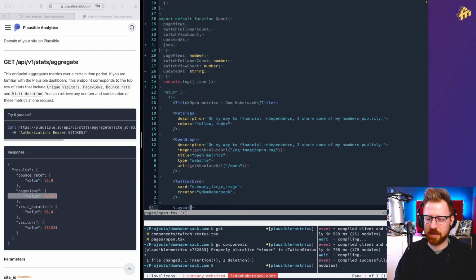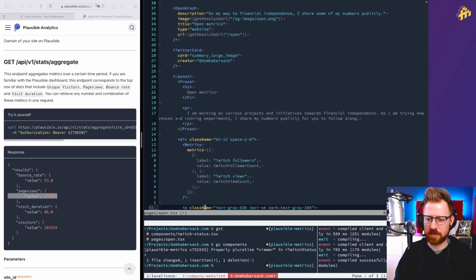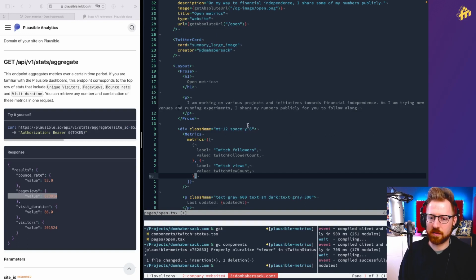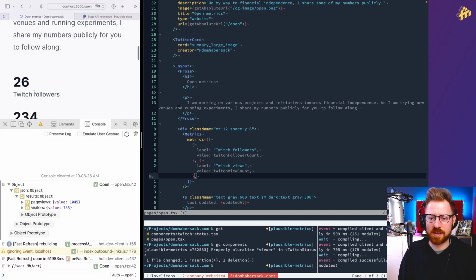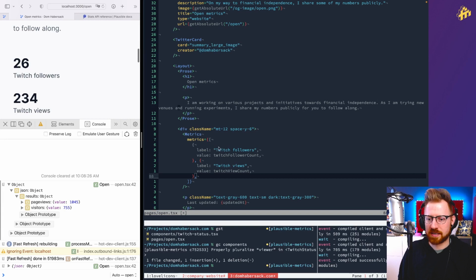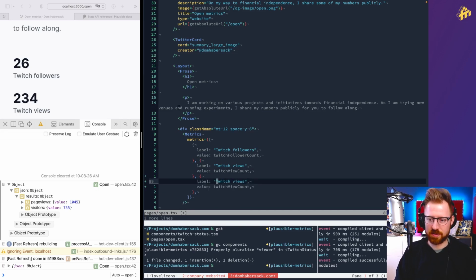And I have, where is it? A metrics component that I just pass an array of objects to, with a label and a value, and a label and a value. This is how I get to the Twitch followers. That is that label here, and the Twitch views, which is that label there. So if we go label with page views and page views,